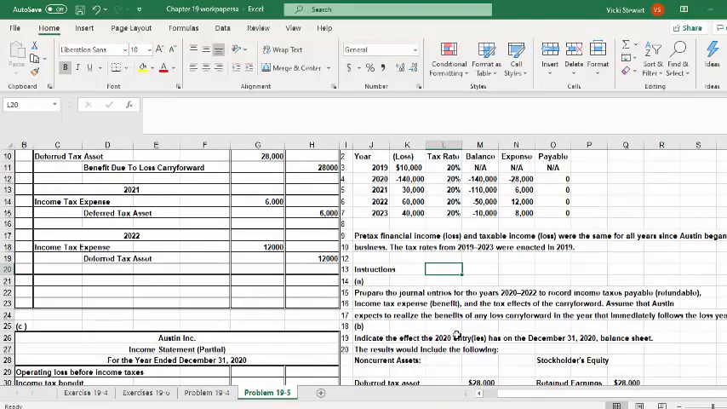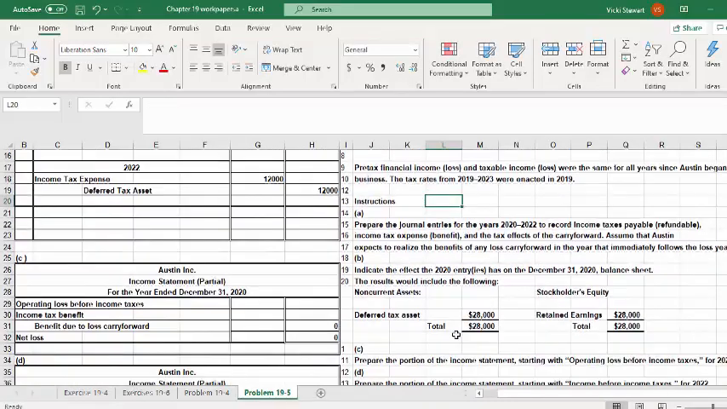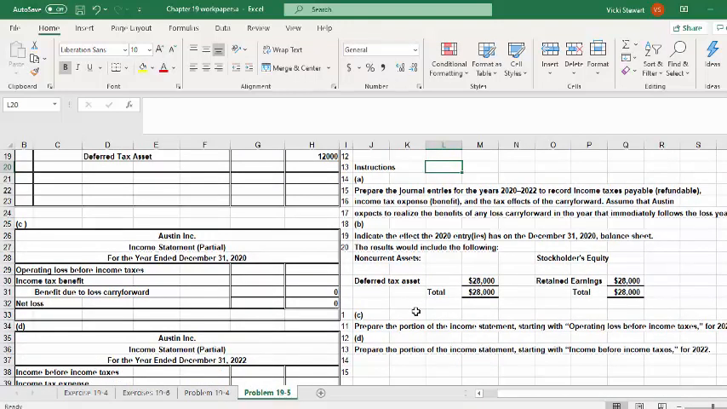In Part B of the problem, it states, indicate the effect the 2020 entry or entries has on the December 31st, 2020 balance sheet. So on the balance sheet for 2020, the deferred tax asset of $28,000 would be recorded as a non-current asset, and the $28,000 benefit due to loss carry forward would have the effect of increasing retained